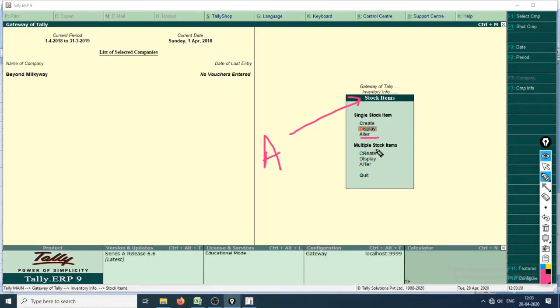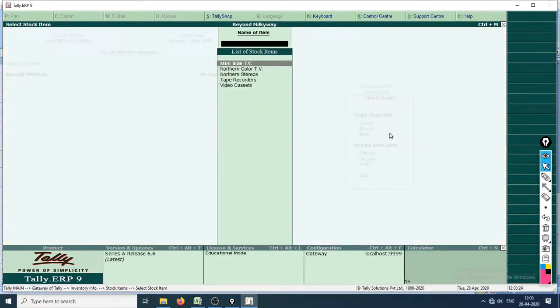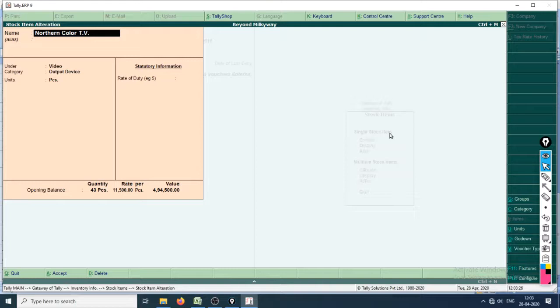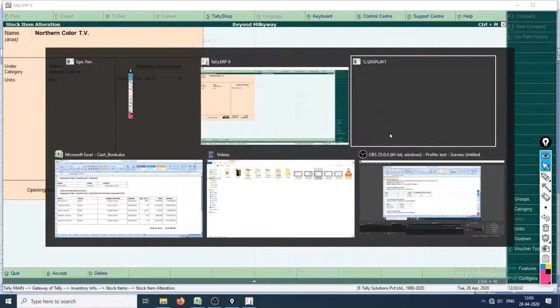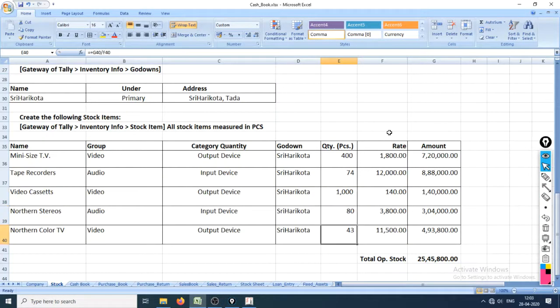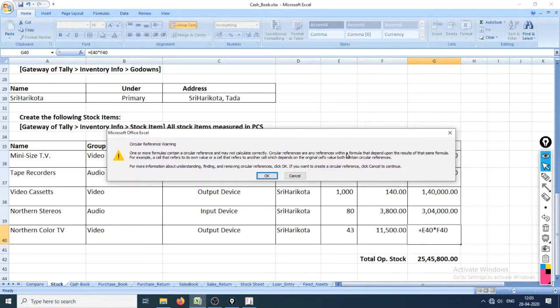Okay, alter, enter, northern color TV. And what is the issue? 43 pieces. Okay, so is it correct? 43 pieces into 11,500. Okay, just a second.